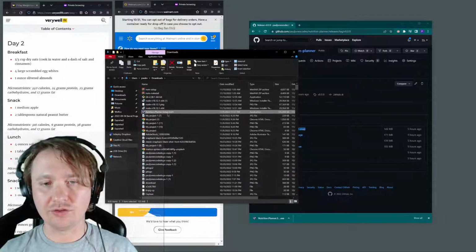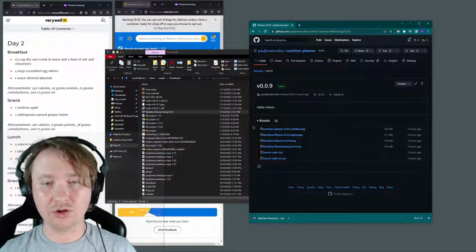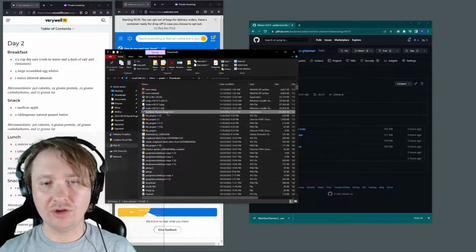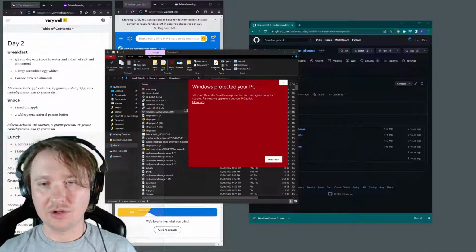the native version. So I've downloaded. I'm on Windows here. I'm usually on Linux, but I'm on Windows here. And I've downloaded the setup for the alpha build 009. So I click install